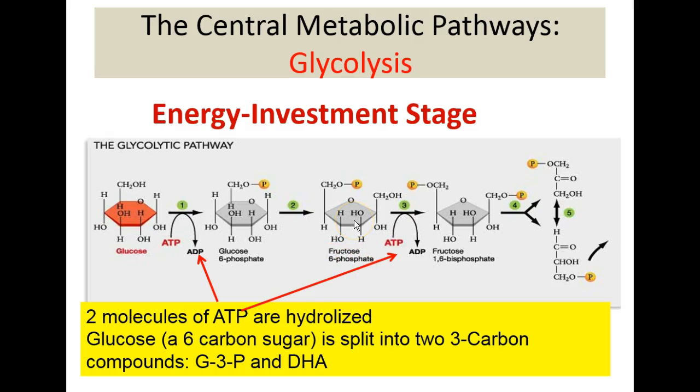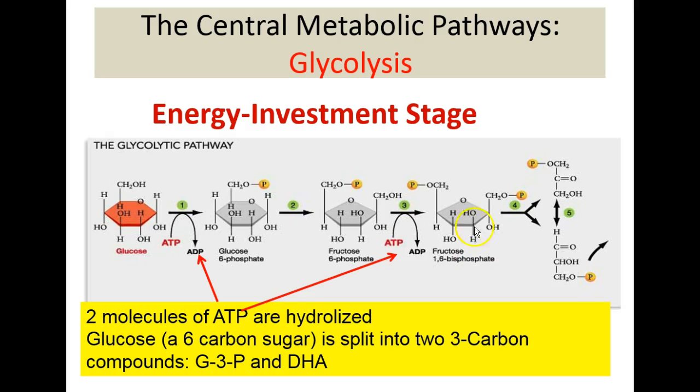The third stage in the energy investment stage of glycolysis will require another phosphorylation of the fructose molecule. So ATP will be hydrolyzed into ADP. The lost phosphate will be attached to carbon number 1 of the fructose, creating fructose